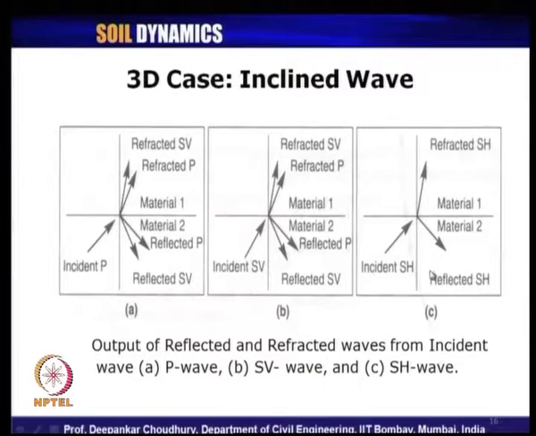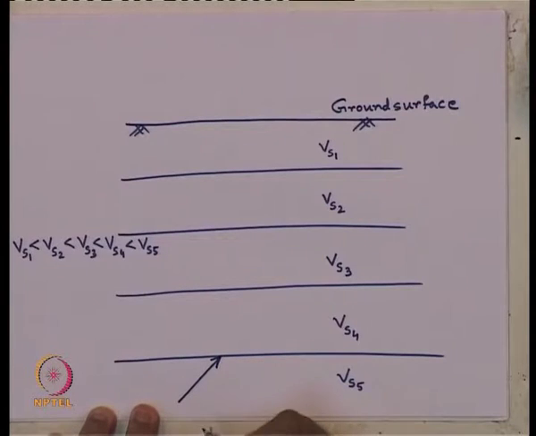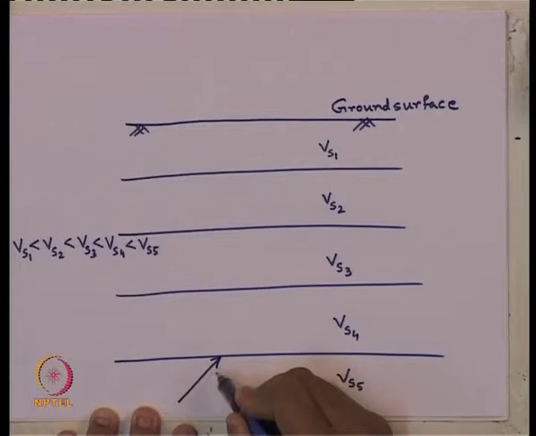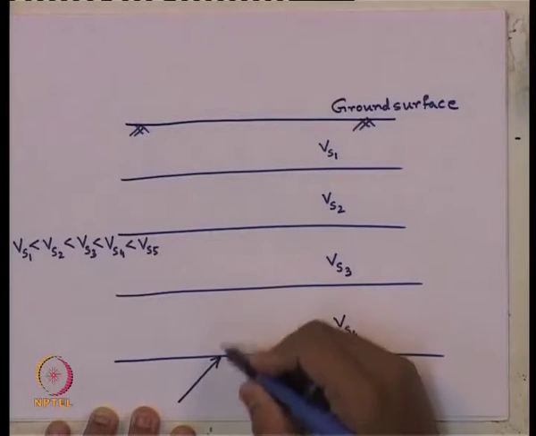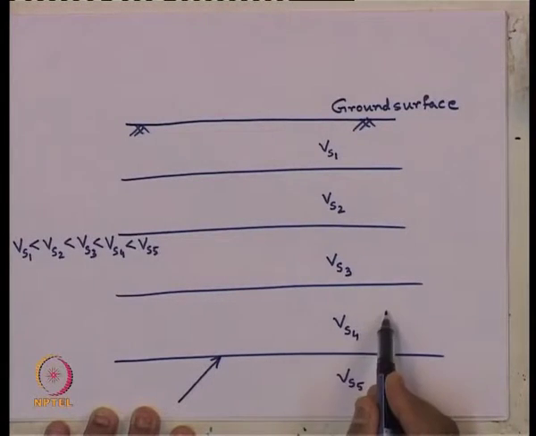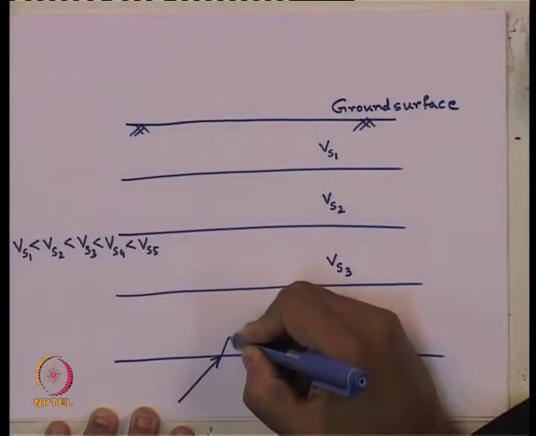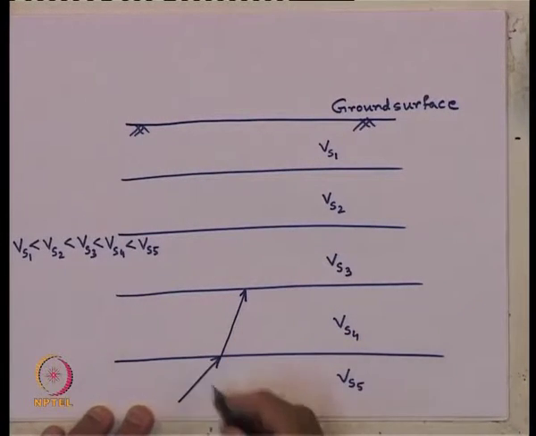So, what happens? Let us look at here. Suppose any wave is travelling here, whether it is SV or S wave, we are considering any Vs wave, hitting from this layer in this direction, some inclined wave. When it travels to the next media, when some of it gets transmitted, this layer being softer than this fifth layer, what will happen? It will slightly come like this. So, the angle of inclination with respect to the vertical will decrease.